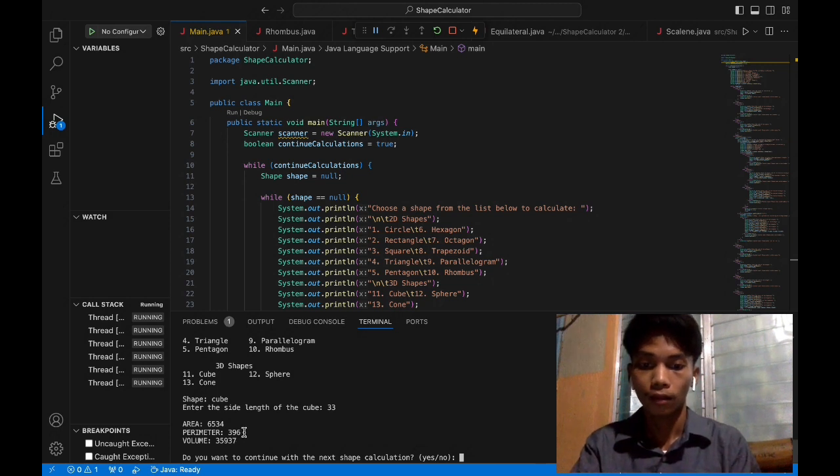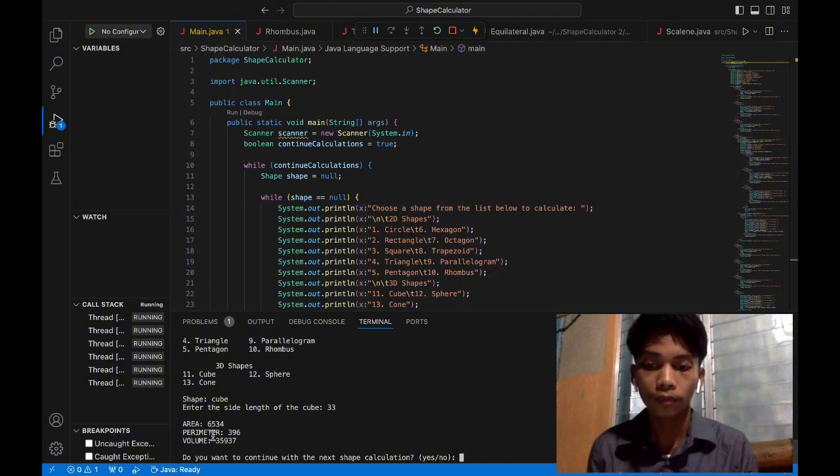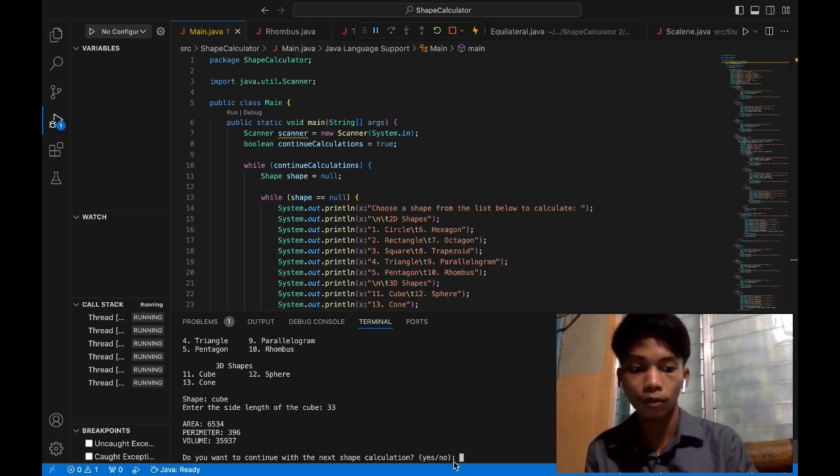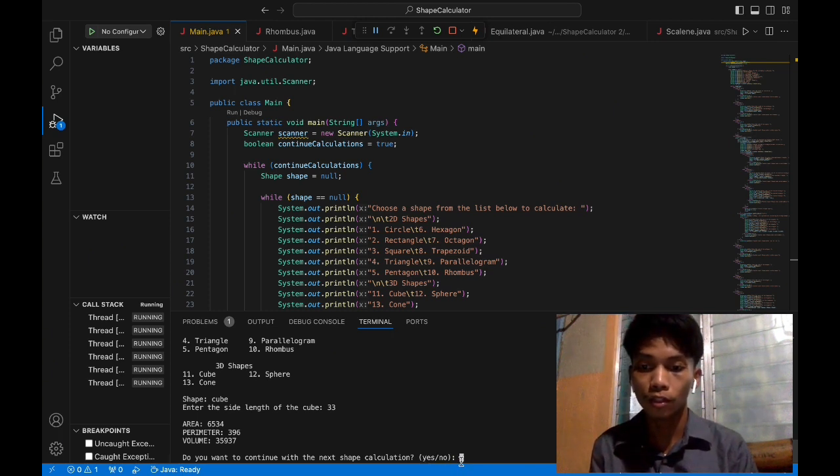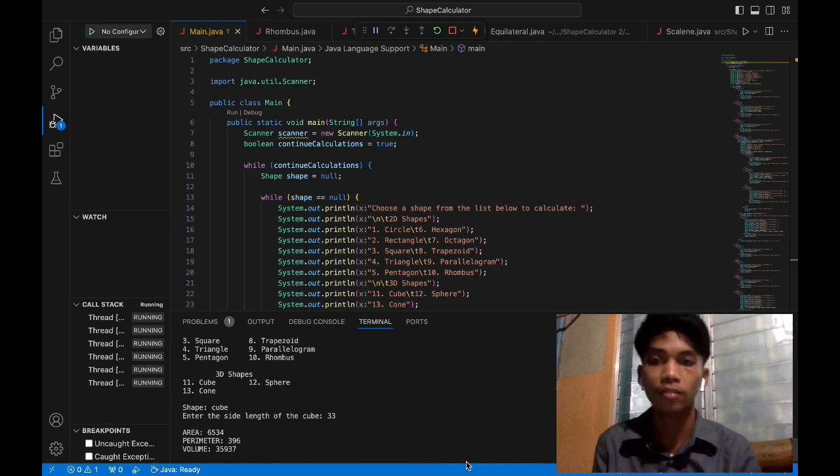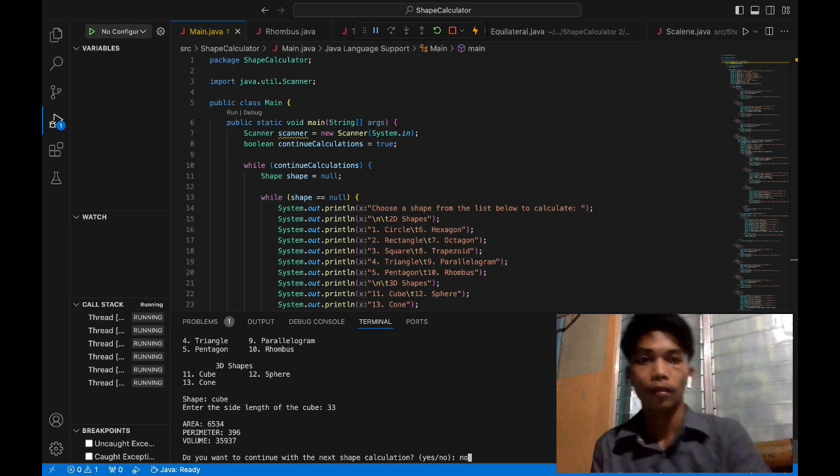If you don't want to proceed to another calculation, you just type no, and it will output this prompt to exit the whole program. And that's all, easy.